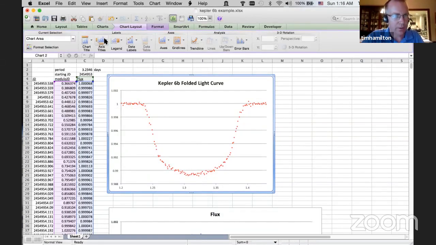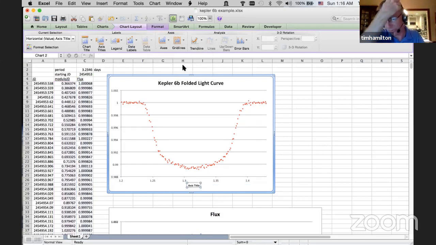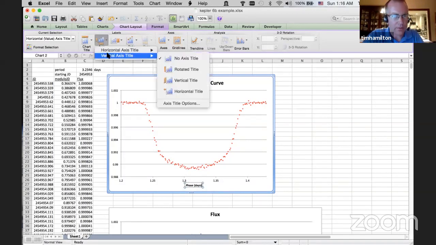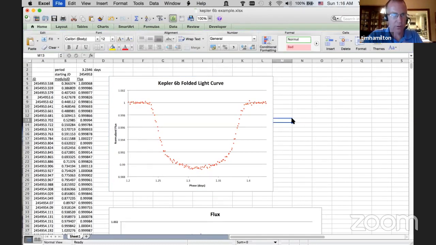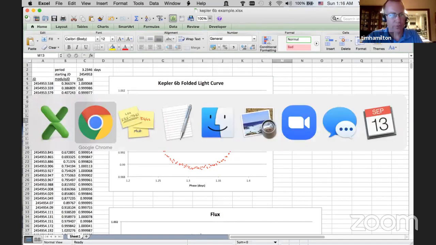Now, in TopCAD, you automatically have the labels come up, but again, Excel is a little bit dumb and does not know how to do that unless you tell it. So let's do that here. I'm going to add, let's see here, this is the phase in days. And this is the normalized flux, normalized to the 100% being 1. Okay. All right, so what are we going to do next with it?